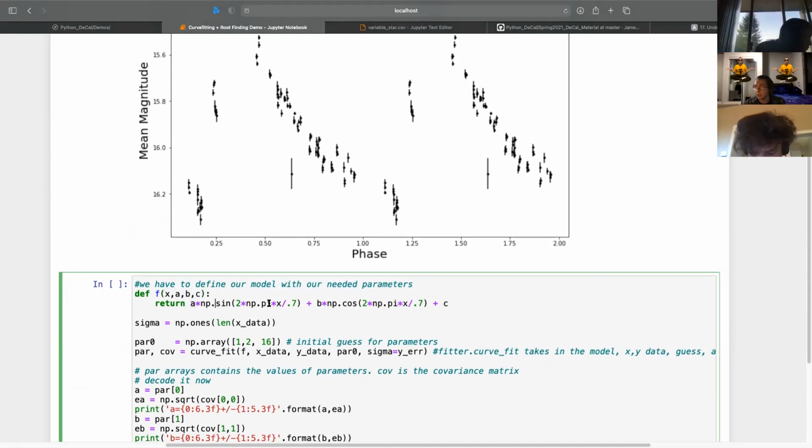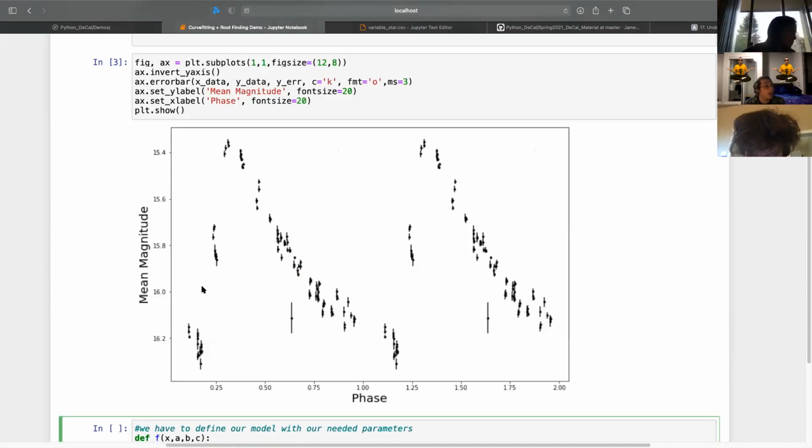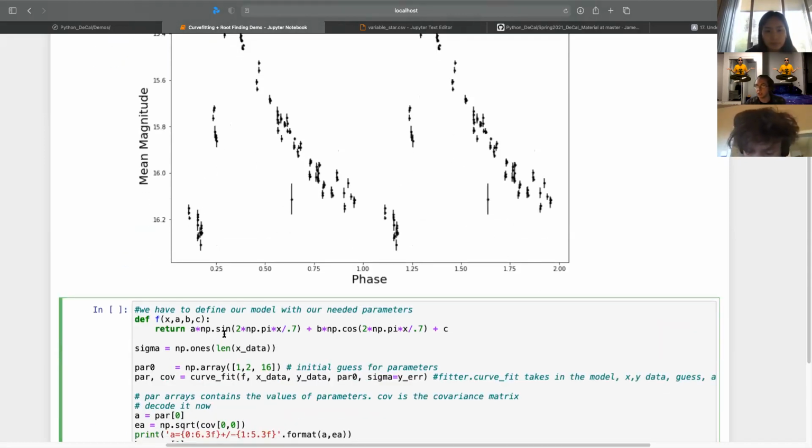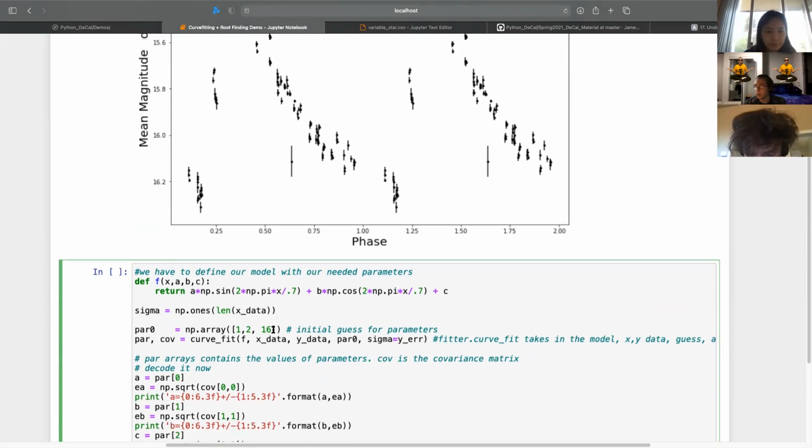Here we're just going to multiply the sine and the cosine by their respective parameters that can change. And then we're just going to add an offset term here, C. Something that Fourier analysis, or Fourier series, tells us is that usually the more sines and cosines you add to your function, the better it fits the data, or the more precisely it can. So we know just adding a sine and a cosine is not going to fit this data very well, but it's good to start with the basics and then build up from there.